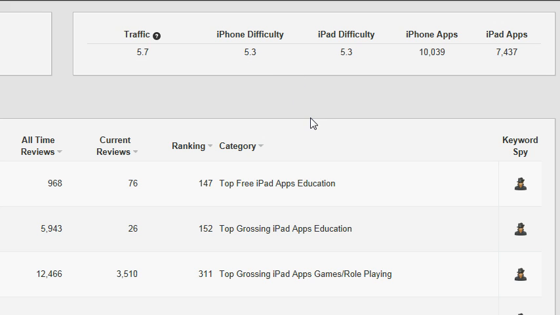And basically, you're going to want to use the search words that give you the highest score, because if you think about the formula, traffic minus competition, okay, traffic minus iPhone difficulty, a lot more people are searching for it than you have competition. Alright, now this is just a self-based formula that I made, but I've had much success with it, and a lot of other top users of Sensor Tower, and in general a lot of people who are making $20,000 to $50,000 a month with iPhone apps, about 30, 40 iPhone apps,